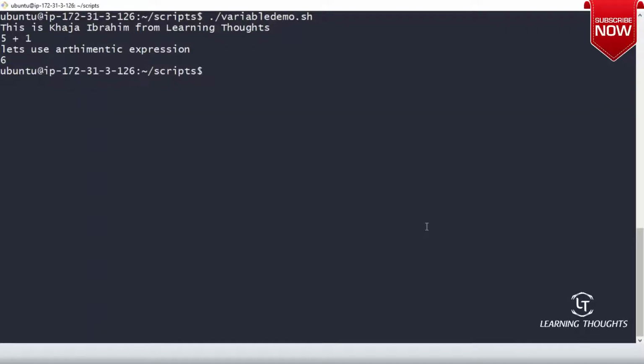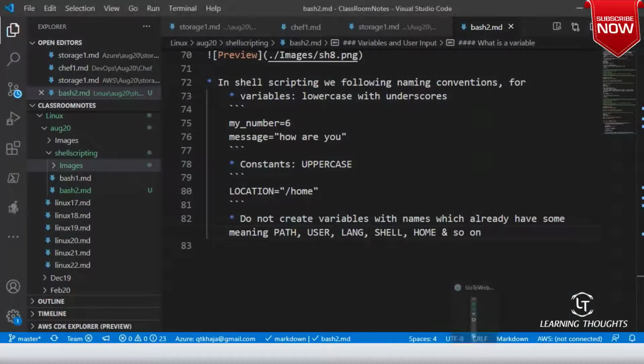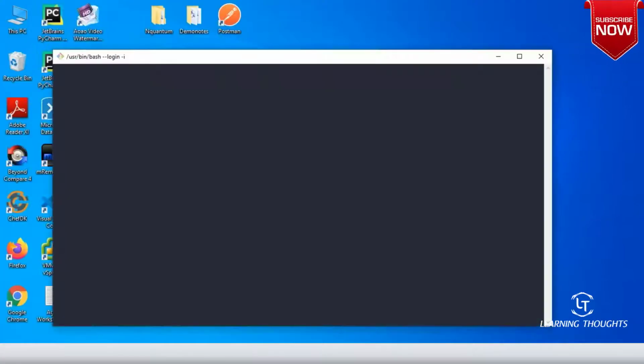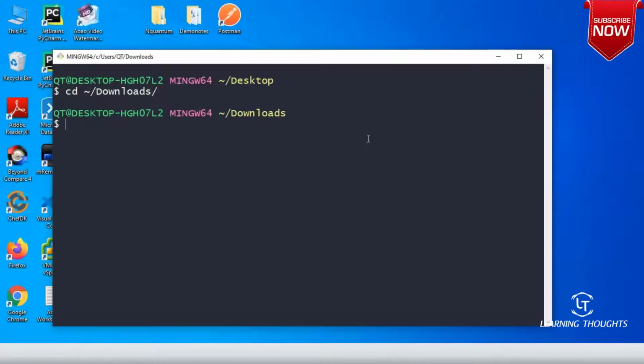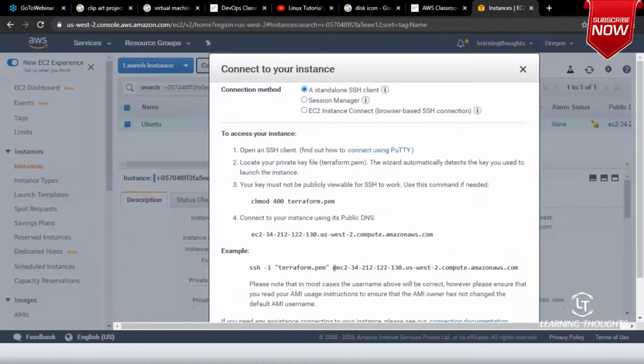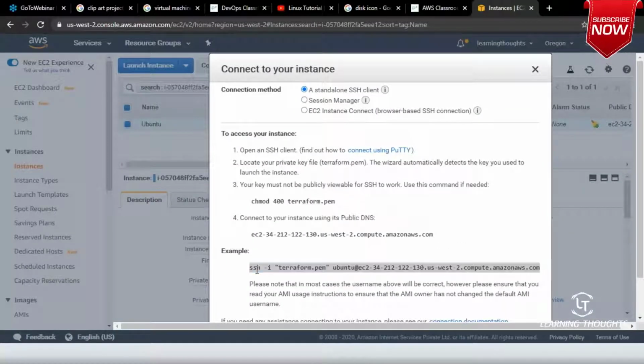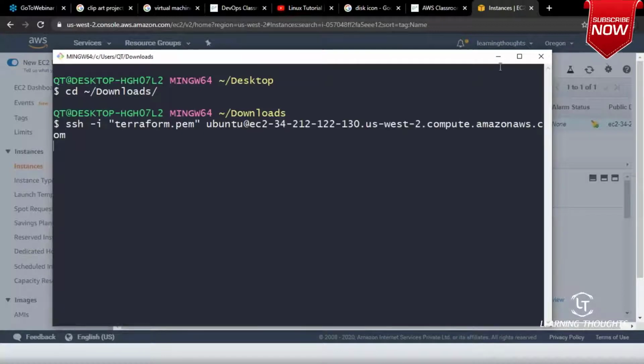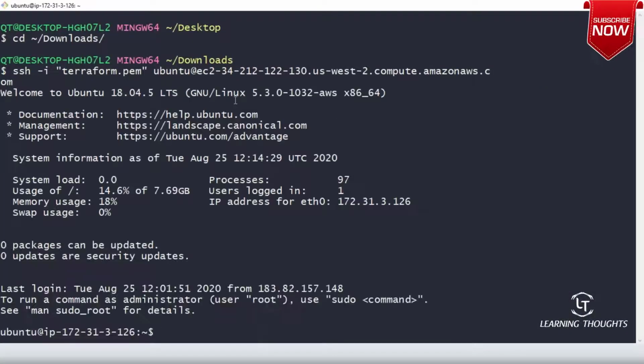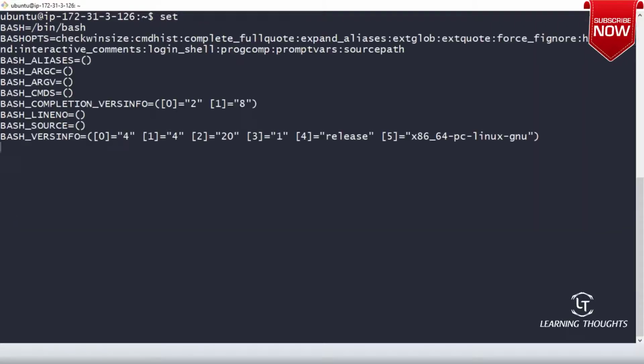If you remember, long ago we discussed something like man. Long ago, whenever we discussed shell scripting, we said that there is something called set.